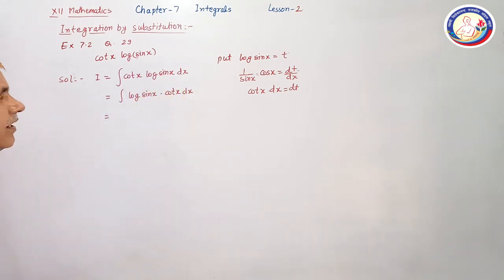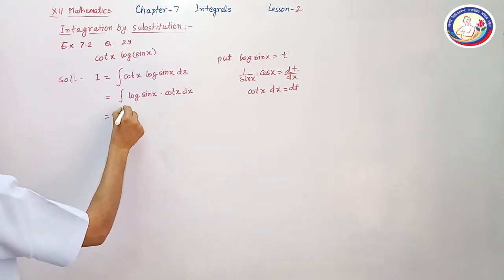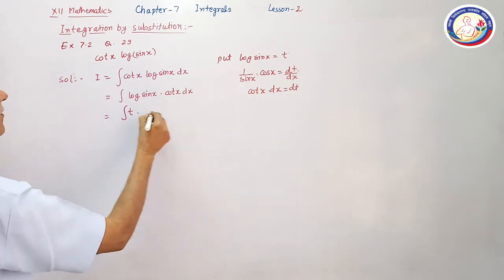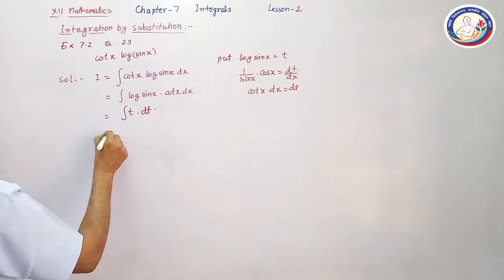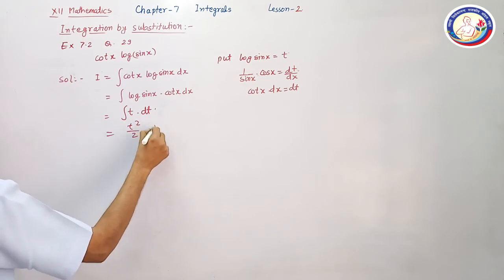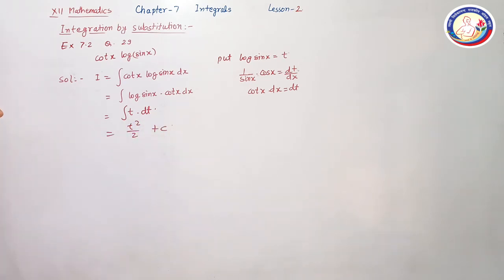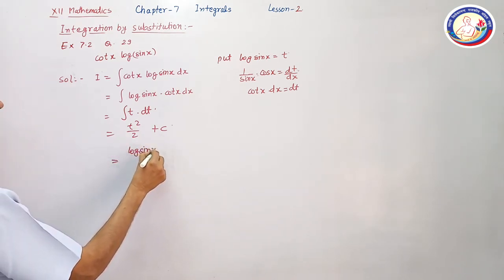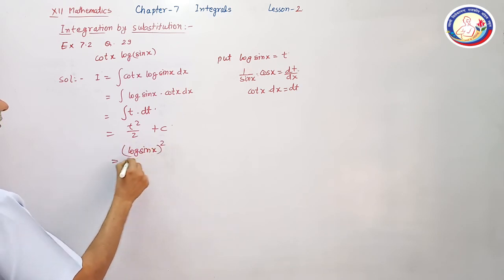Use substitution here, it is t, integration of t, and cot x dx can be replaced by dt. So very simple, integration of t is t square upon 2 plus constant of integration, put the value of t again here, it is log of sin x with power 2 on 2